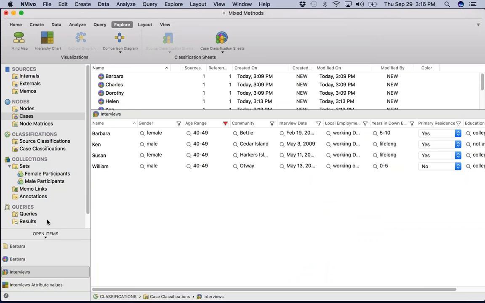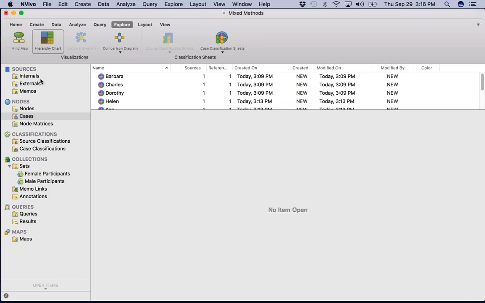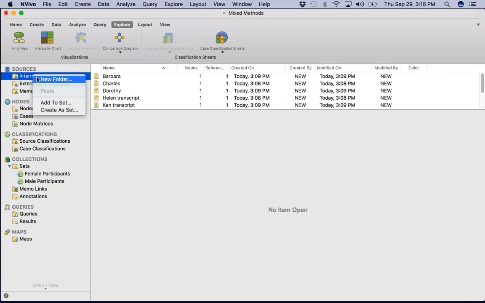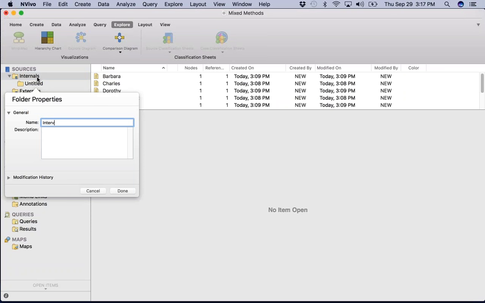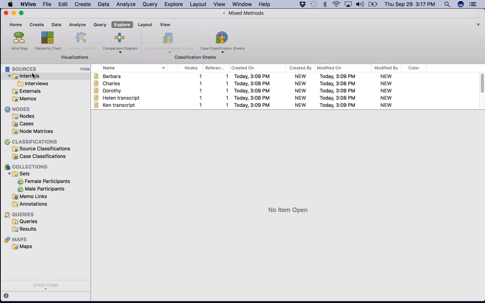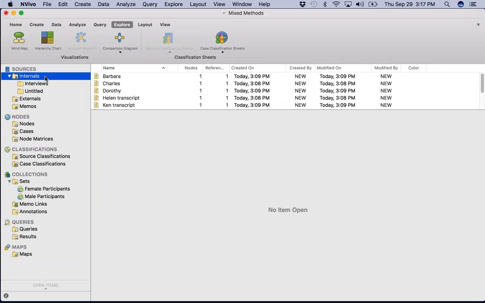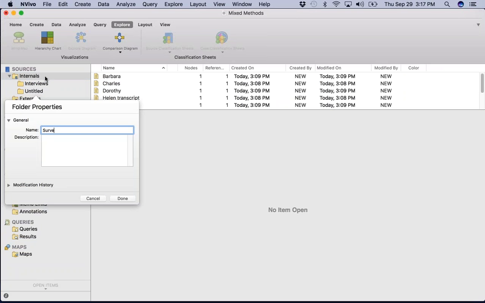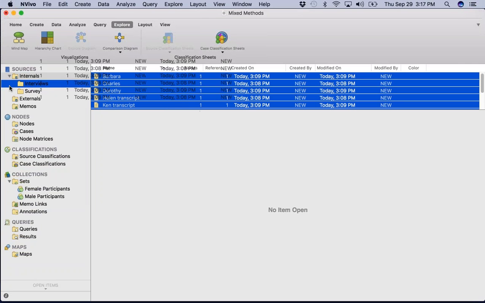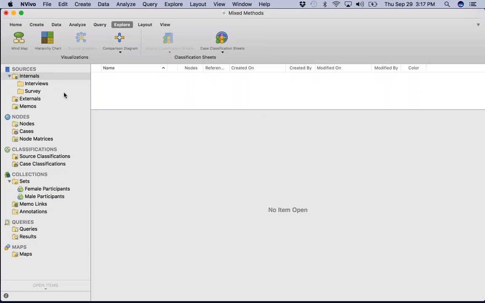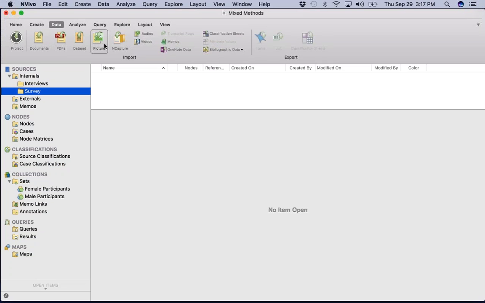So now let's import some survey data. I'm going to return to my internals, and I want to keep myself organized, so I'm going to create an interviews folder. And I'm also going to create a survey folder, and organize all of my interviews into my interviews folder and navigate to my survey folder and bring in my